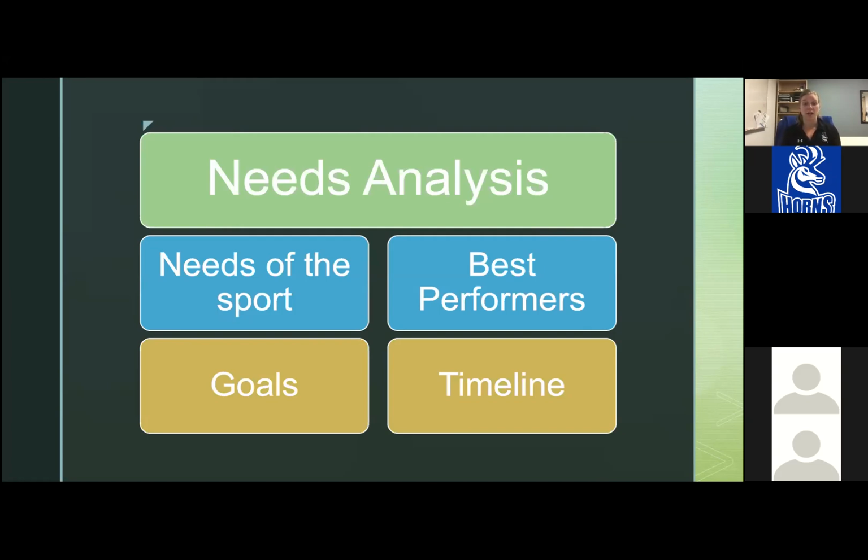So basically, if you start on the left-hand side in the blue square, the needs of the sport. You need to understand the sport, and you need to understand what the needs of the sport are, and that's going to be physiological and biomechanical. And that's basically you understanding what is going to happen with this athlete and how you can enhance their performance